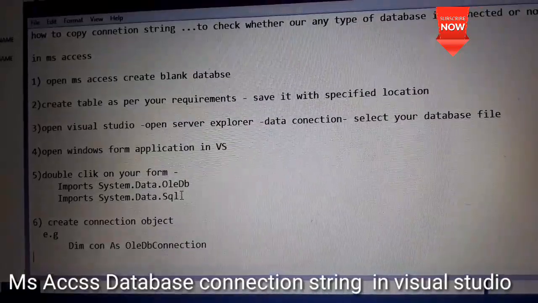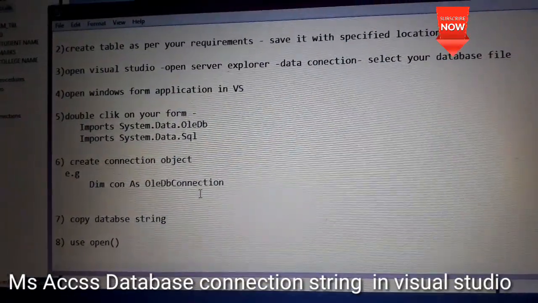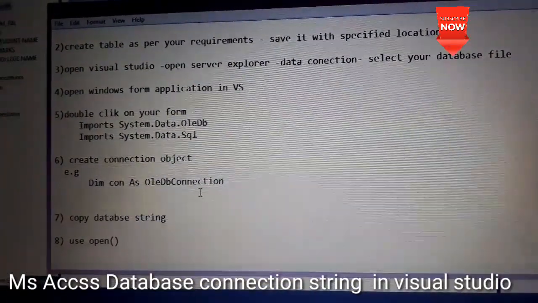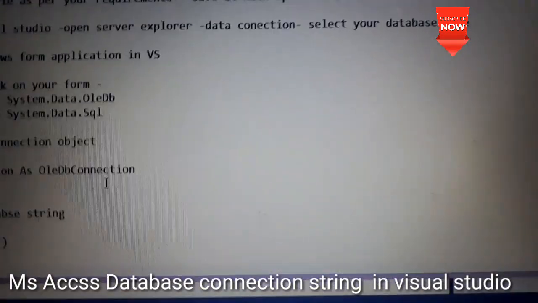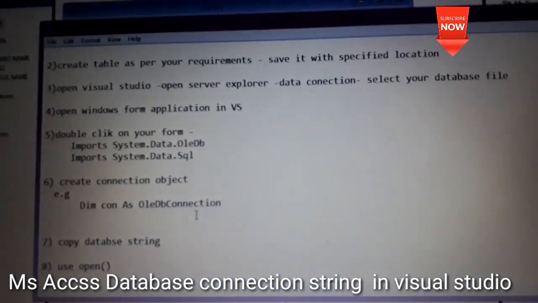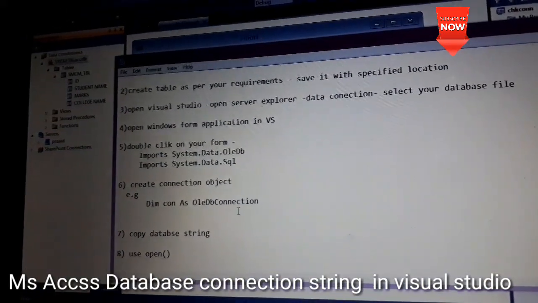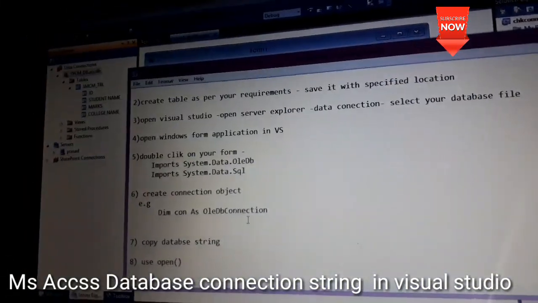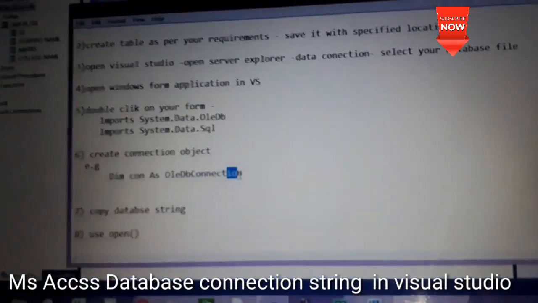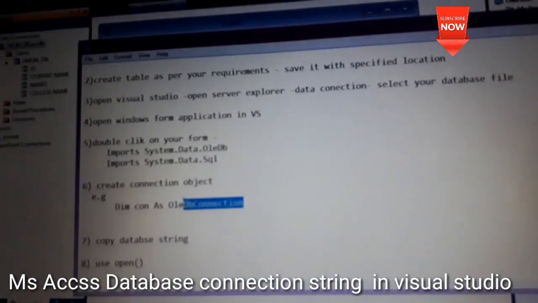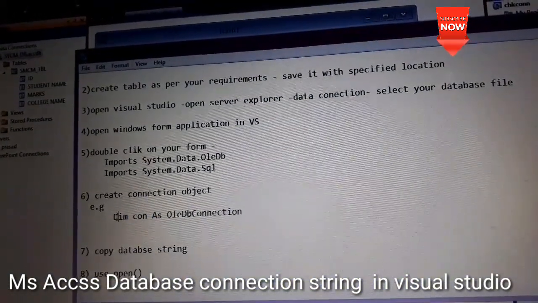Then the sixth step is to create the connection object. We have to include the connection string, so we have to create our connection object of OleDbConnection. I have created the connection here as a Dim.